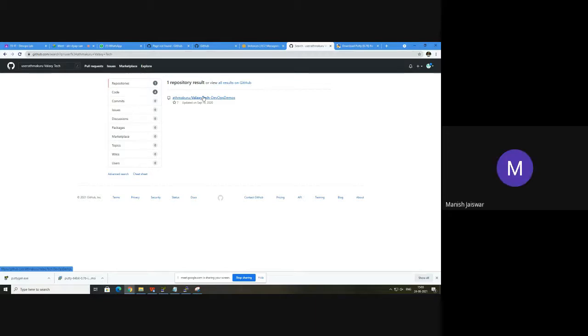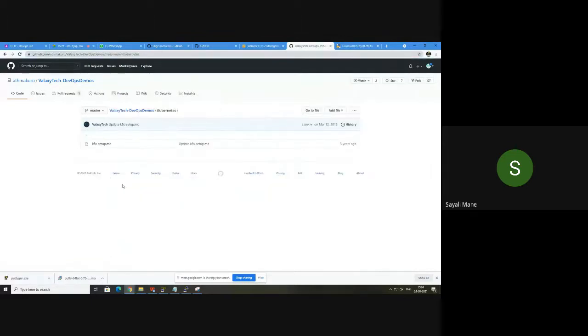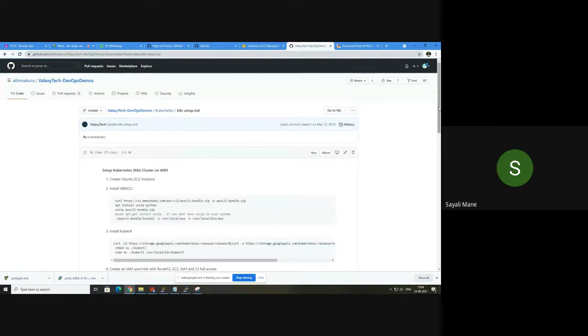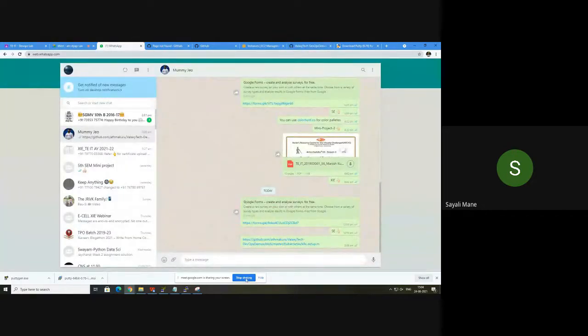This one, ma'am. How can you click it? Kubernetes, see, one, two, three, four, the fourth one, Kubernetes. Now click on it. These are the steps, correct? Ma'am, which do we have to copy? So that I'll show you, can you please stop presenting your screen? Thank you, I'll show you.